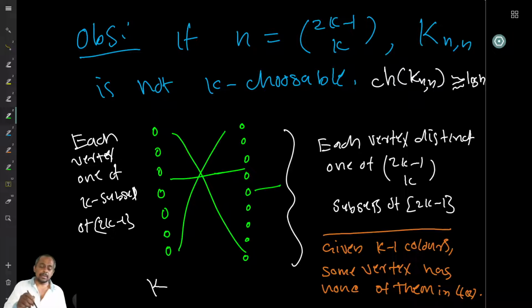So therefore, there is some vertex whose list contains all the k colors that we are going to use here. So how do you color this vertex? If I want to use any of the colors, that vertex is adjacent to some vertex with that color for every k. So therefore, I cannot use any of the k colors. That is the proof. So think about this further. Maybe it's not very intuitively clear, but you should be able to work out the remaining details.